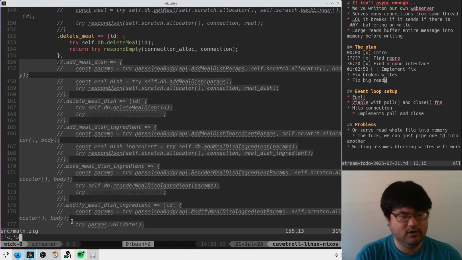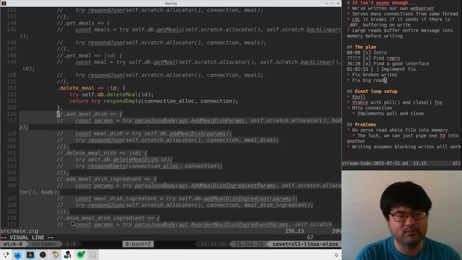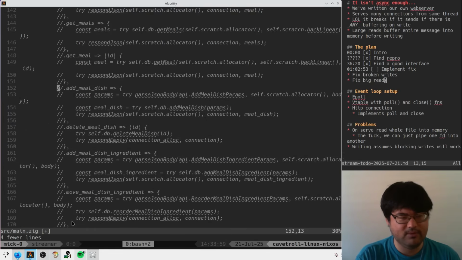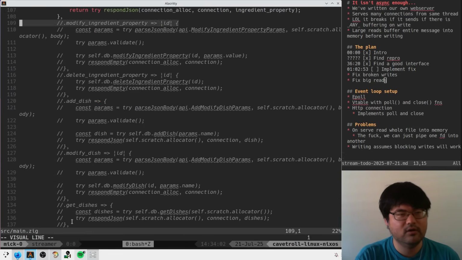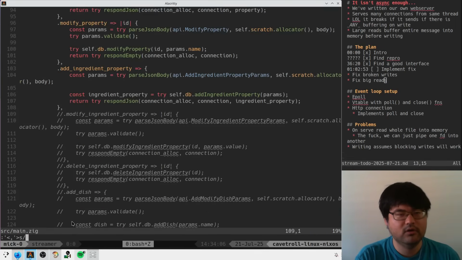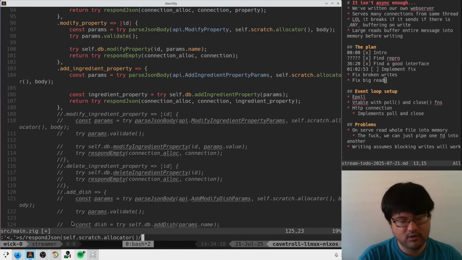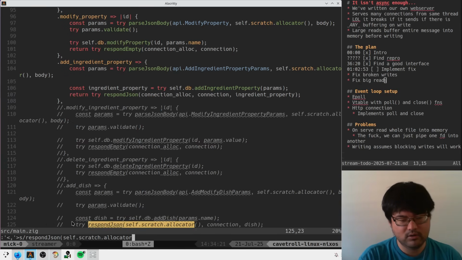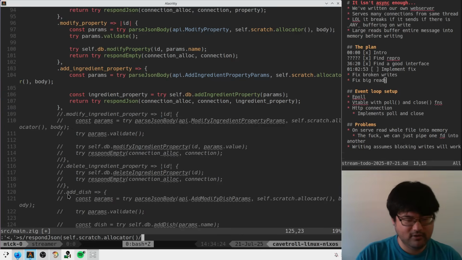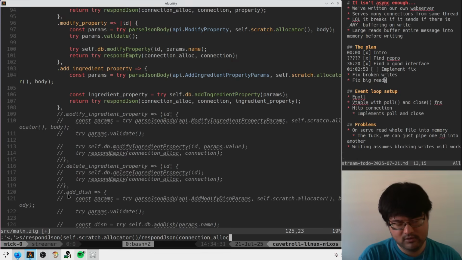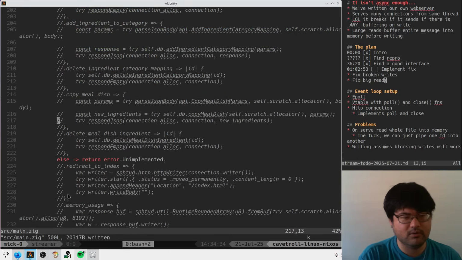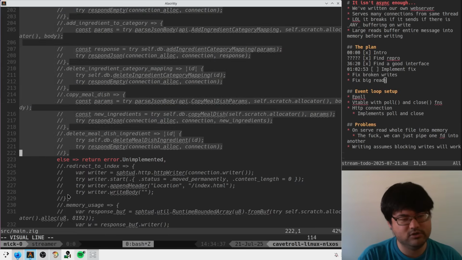I think I had more to do here. Okay, there we go. And then can we do, okay, if I move, it's fine. Okay, respond JSON with self-scratch allocator is now respond. Hello? Why can't I? Whatever. Respond JSON connection alloc. There we go. And then I also forgot to do